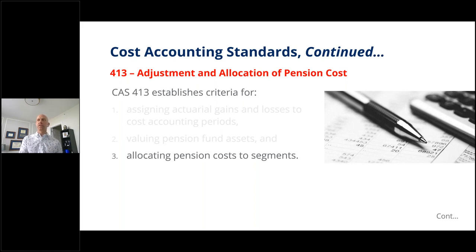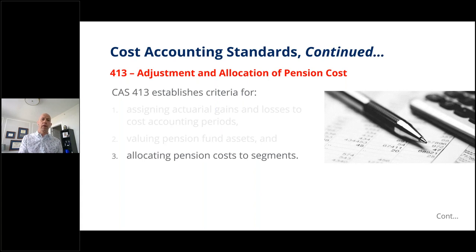Again, if I think about pensions, it's usually for larger companies. When we talk about segments, we're usually talking about divisions within that company. May not be the best example, but if you think about something like a Boeing or a Lockheed or a Northrop Grumman out there, old companies that have been around for a while, I bet all of those still have some pension plans for older employees and retirees that were there. They probably still have some of those pension plans around. Obviously, all the new employees, probably in the last 20 years, everybody's getting a defined contribution 401k type of plan.